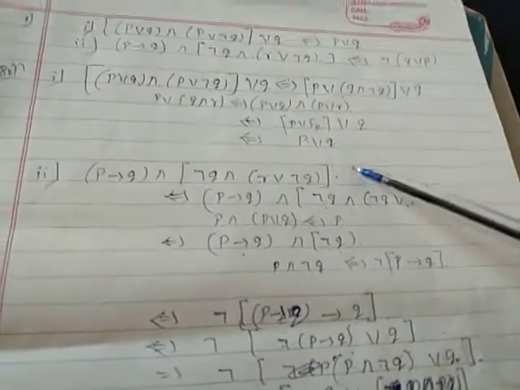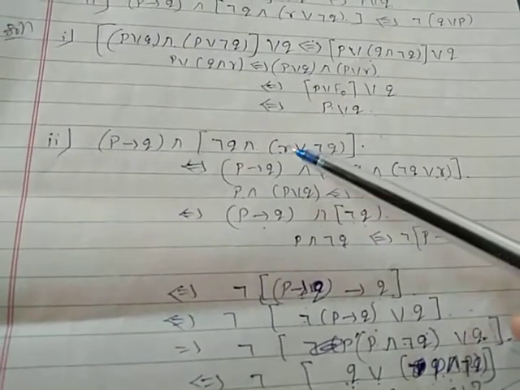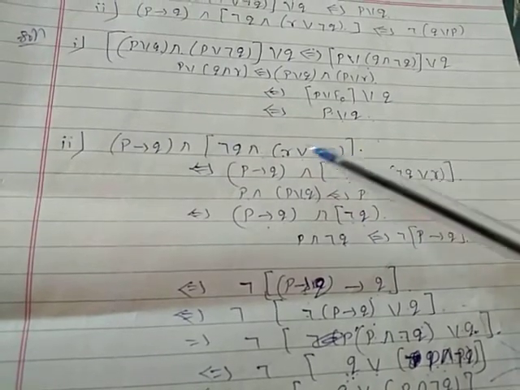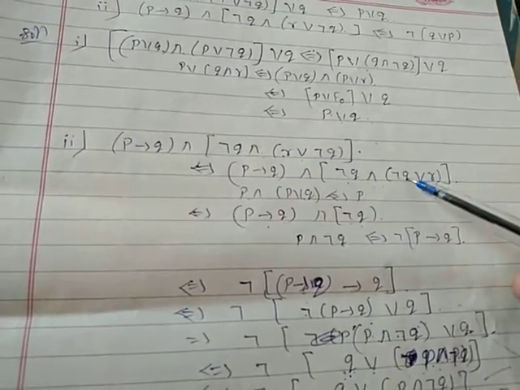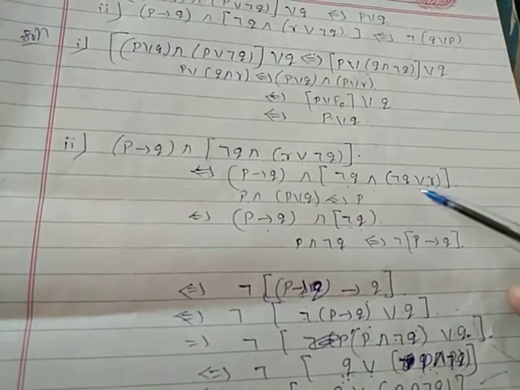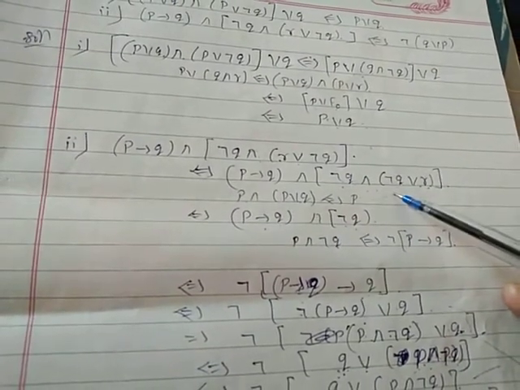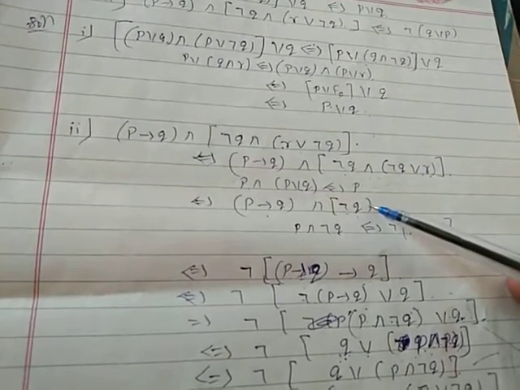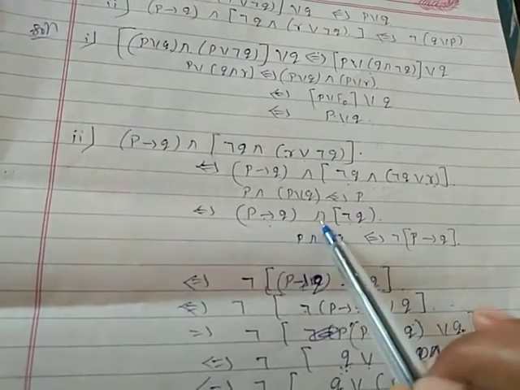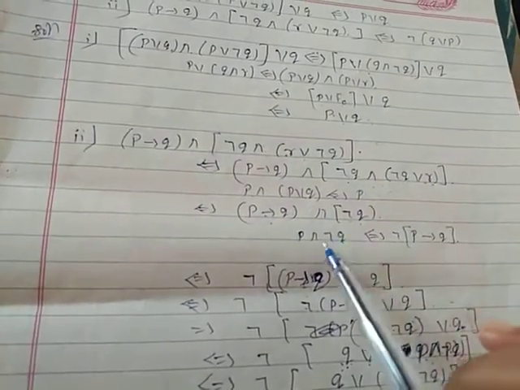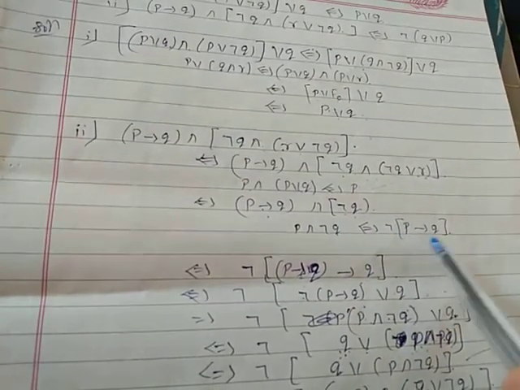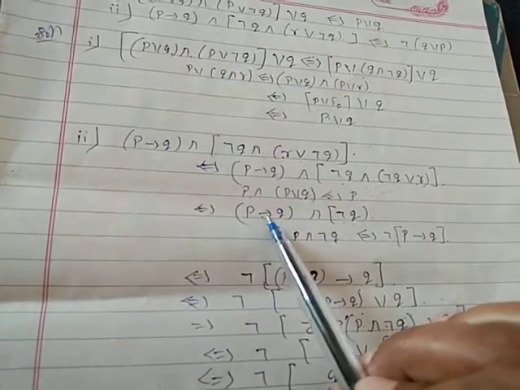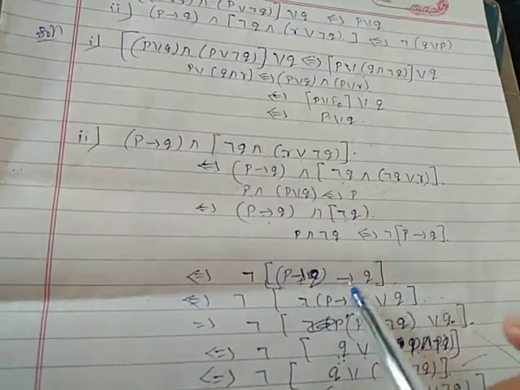I am just repeating it once again here. Negation of P and (R or negation of Q) here. I am going to apply the commutative law for R or negation of Q. That can be written as negation of Q or R. Now, for this term we are going to apply the absorption law. Using the absorption law, this term becomes negation of Q. And next one, for P and negation of Q, we are using the law P and negation of Q is equivalent to negation of (P implies Q). Apply this law for these terms here. That becomes negation of (P implies Q).